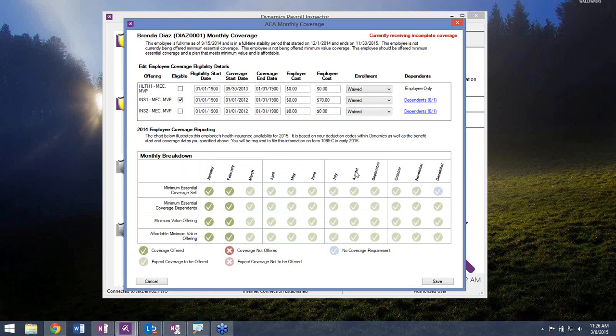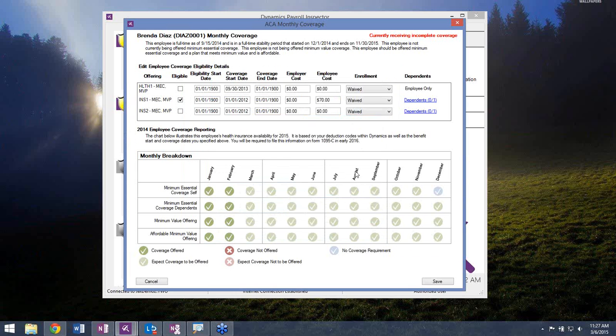And then ultimately the entire purpose of this tracking widget is to generate the proper codes, those IRS codes on line 14 and line 16 of the 1095-C with the proper code. So when it comes time in January to create those reports, you'll be able to pull all the data that's been calculated for the entire year directly from the Payroll Inspector and create that 1095-C in an electronic format with all of the necessary information and post it to the employee so they can retrieve it electronically.